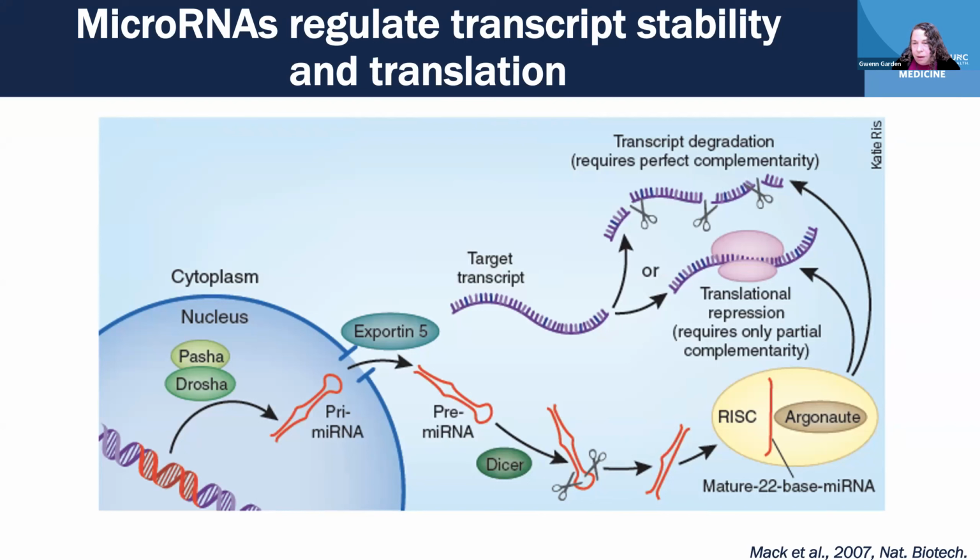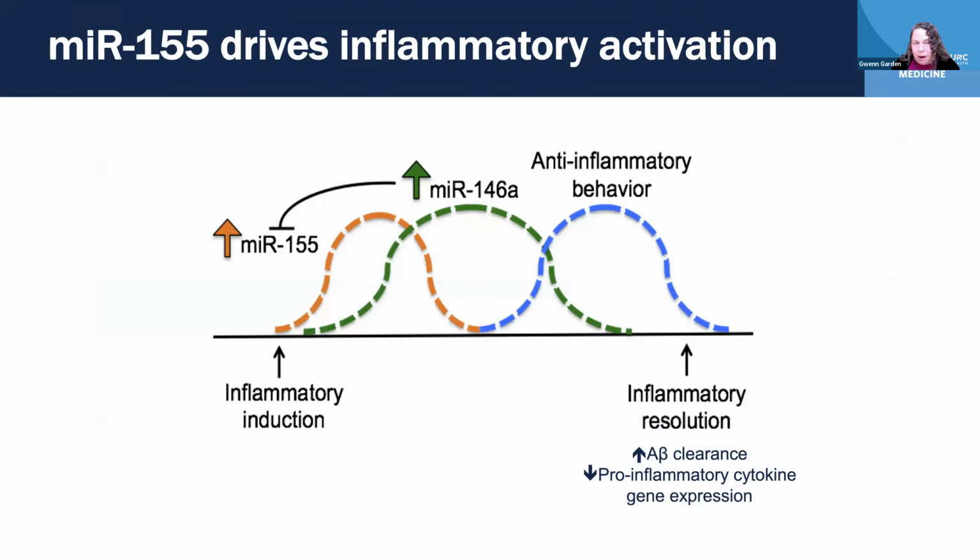inflammation, microRNAs. So microRNAs are these small RNAs that can, when they are generated, influence the stability of whole groups of other RNAs by binding to different regulatory regions within the transcript and causing them to either not be translated or to be degraded. And we decided to look at a particular microRNA called microRNA 155, which had been shown by many different groups to have a dominant role in regulating inflammatory behavior in myeloid cells.